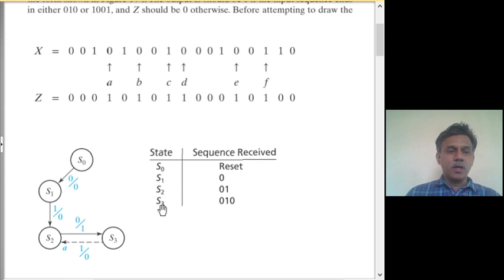Then S3 corresponds to a case where a 0, 1, 0 has occurred. Okay. Now, how do we handle this pattern 1, 0, 0, 1? Well, now you can proceed along similar lines. We'll start with another reset state, but you don't need another reset state. You can use the same reset state. Of course, this is where none of the two patterns have occurred. So start off with S0 and you go to states one after another looking for the correct bits as we